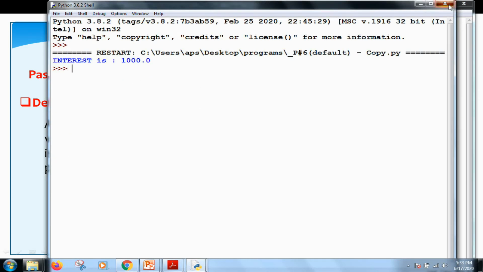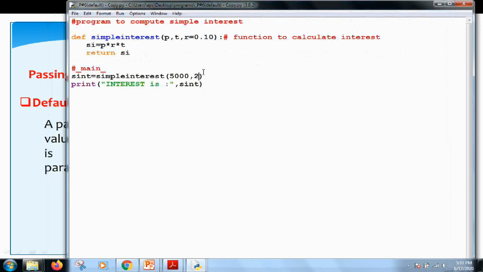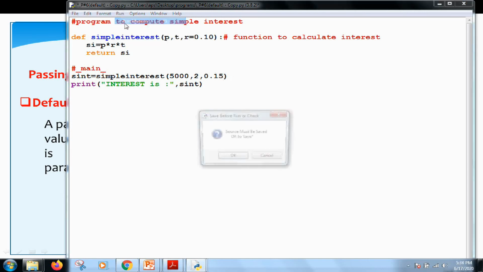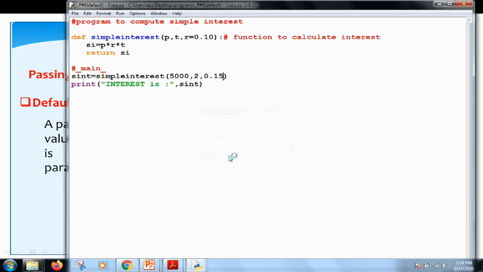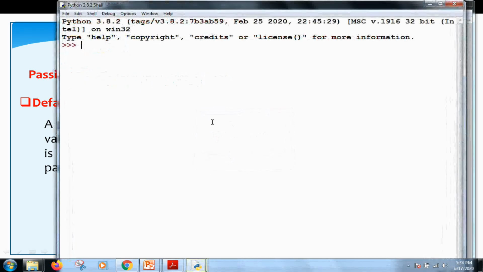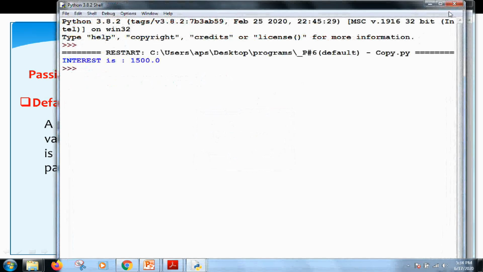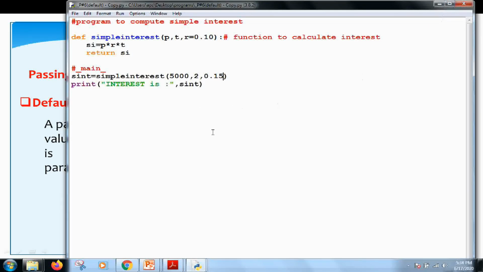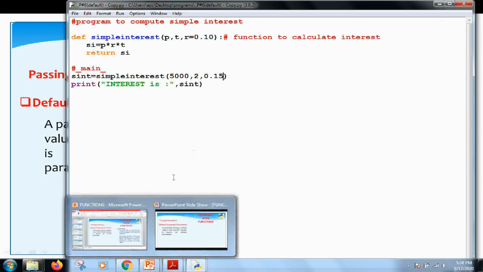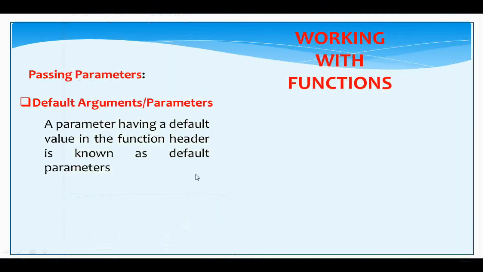See, the interest is calculated in this way. I can also provide the value for the rate. In this, what will happen, it will override the default value and take the value given by me. Okay, so this is the meaning of the default values.